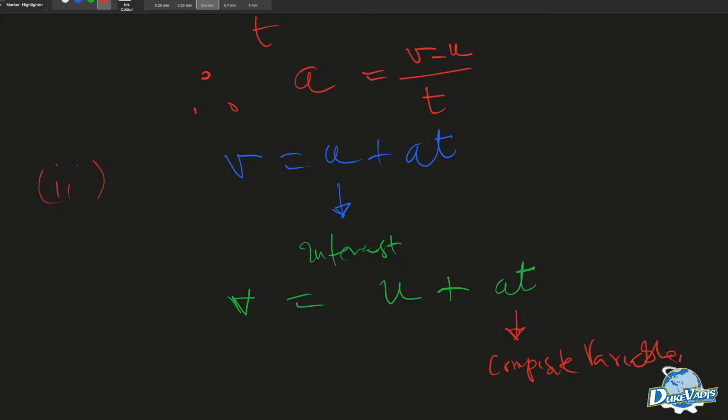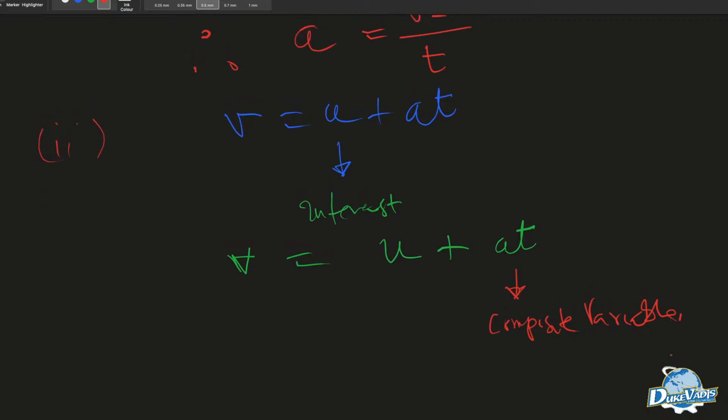So we treat it as if it's one variable. Okay, so because of that, having V equals U plus AT, and I want to make U the subject, since this is an addition,